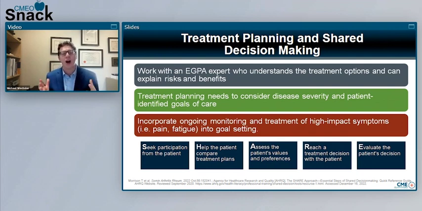We need to arrive at decisions together as a team. And it needs to be really a team approach, being together very closely. We need to think about what are all the different treatment options. Yes, it might be one option that's good for one patient and another option that's good for another patient. But I think it's important to have the voice of the patient in that decision-making to assess everyone's values and preferences in order to reach the treatment decision that's appropriate for the patient. And then it's really important to evaluate how the treatment approach worked. And you need to do some constant monitoring.